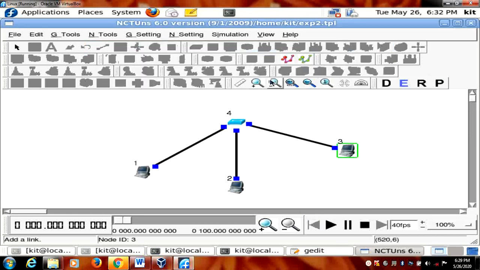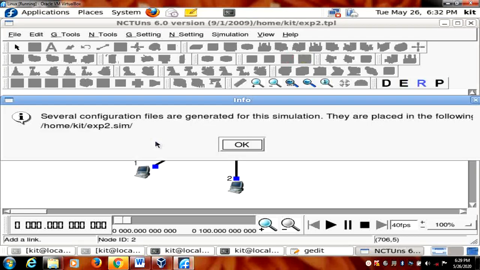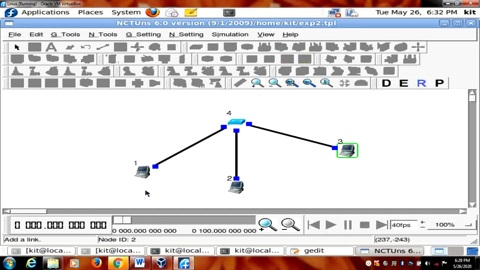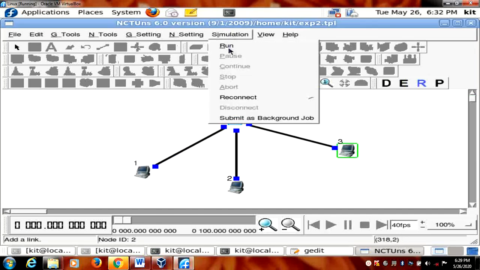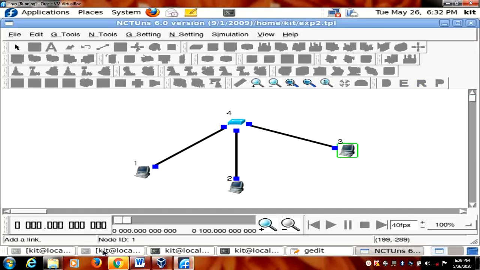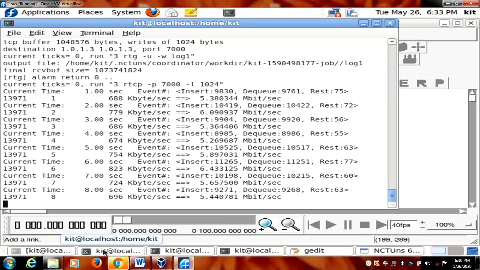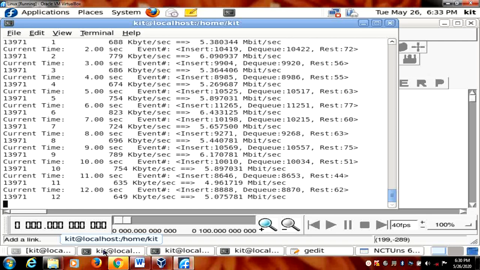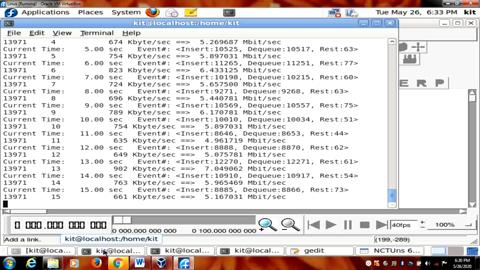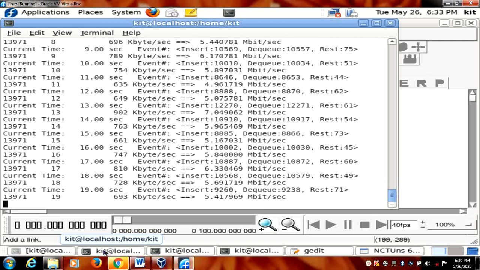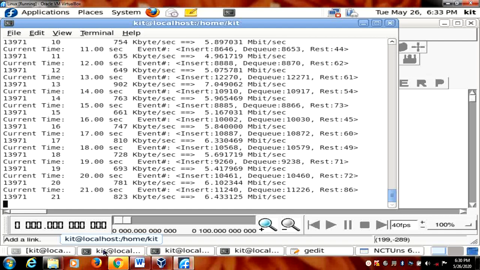I have given the path, I have given the TCP agent and UDP agent. Let me run it. Yes, okay, and then go for simulation, run. Steps all are same. It's running. Wait up to 100 seconds. After completion of that, I want to start and I want to play back. It's running.